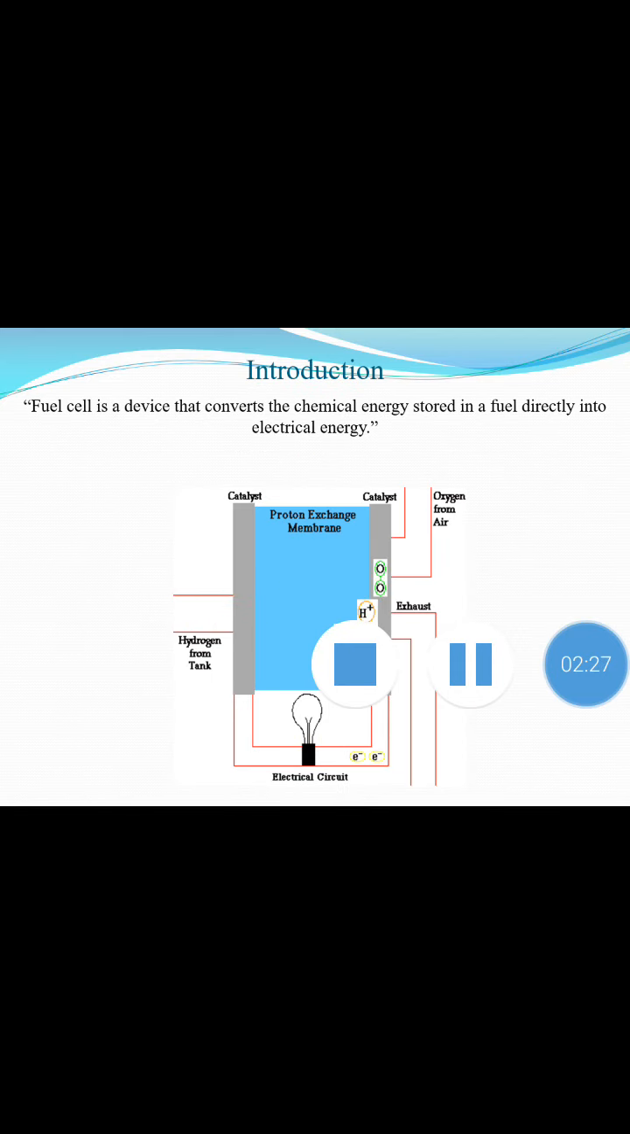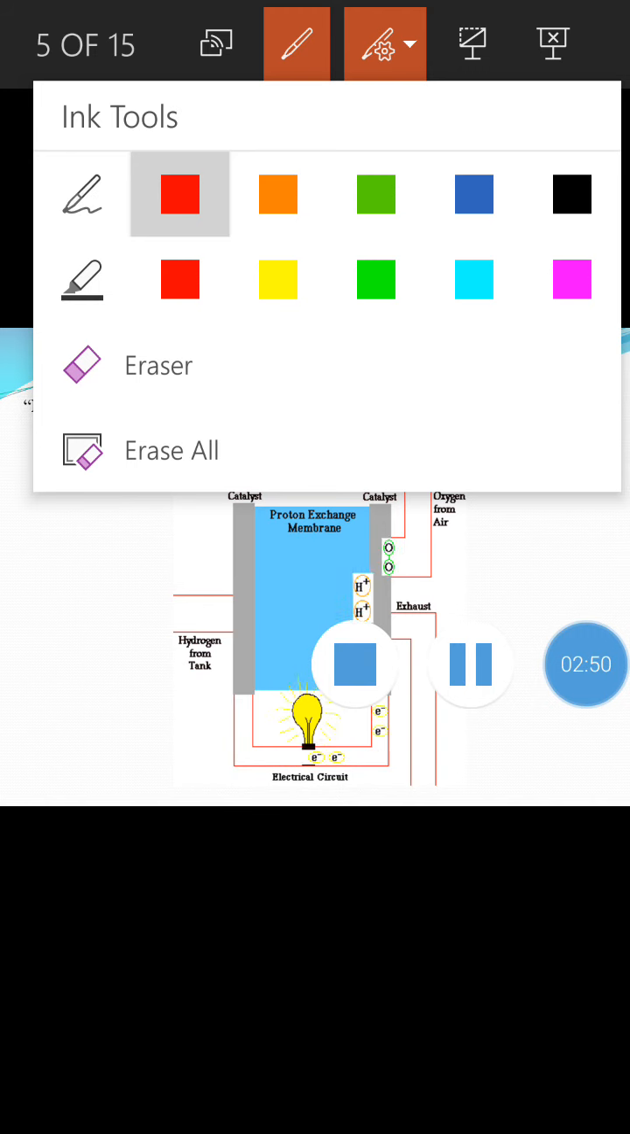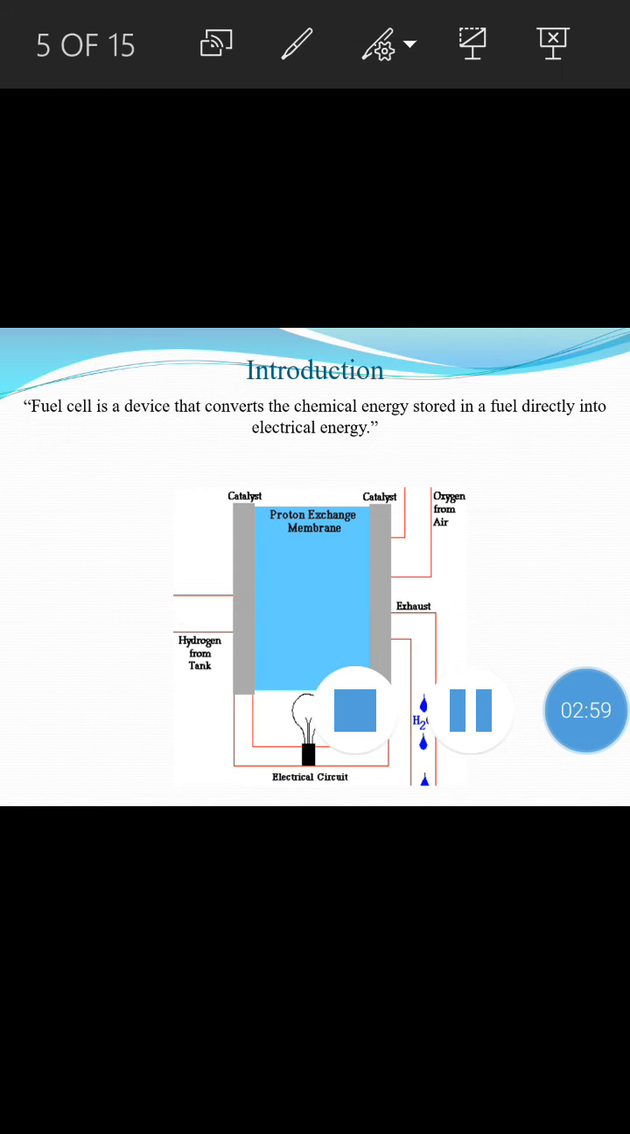So, what is a direct liquid fuel cell? It is a device that converts chemical energy stored in the fuel directly into electrical energy. The figure shows a direct liquid fuel cell, where at the left side, the anode side, the liquid fuel is introduced to the anode,